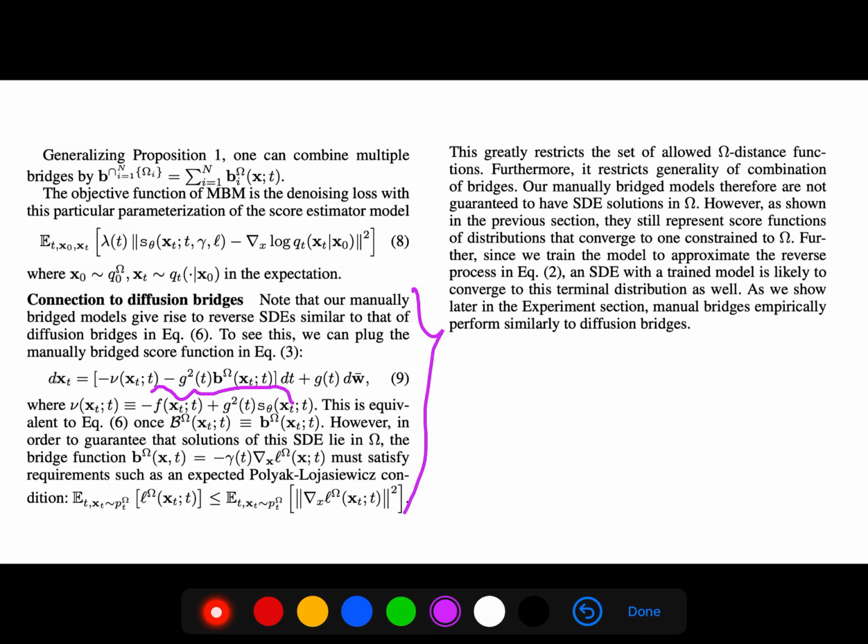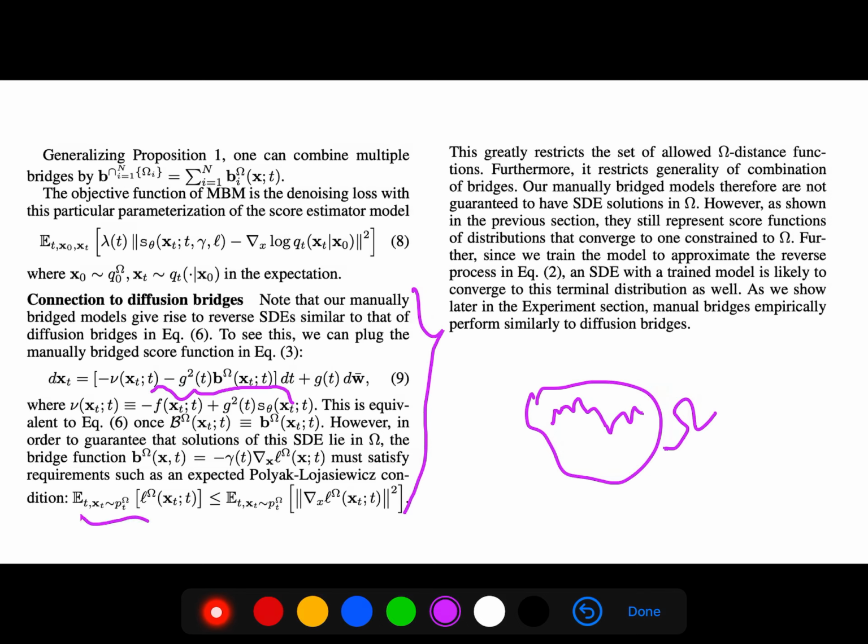In order to guarantee that the solution of the SDE lies in this region omega, when you solve it, the bridge function must satisfy this requirement,